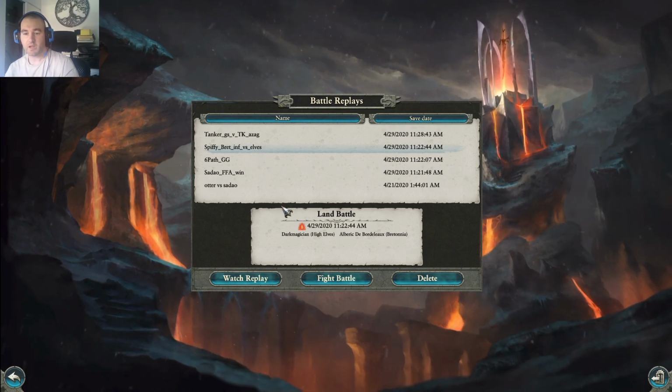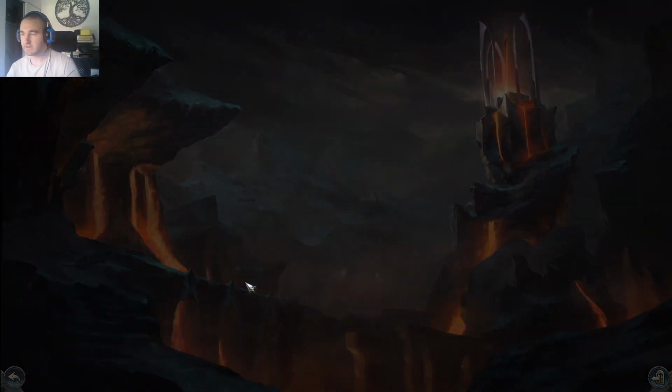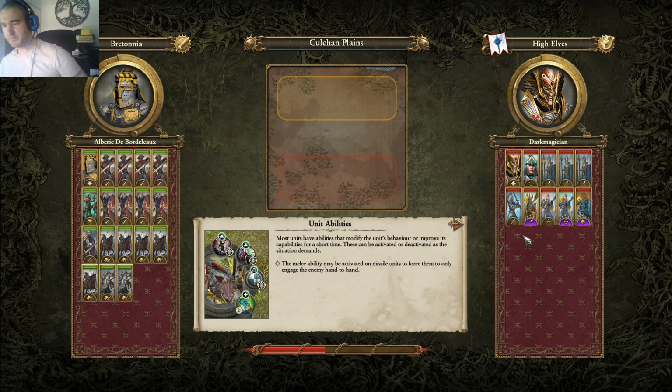Okay, so we got Spiffy up against Dark Magician playing the High Elves. Let's check that out. Dark Magician, very small army in general. Wow, only 10 unit cards. It's crazy. He's got Tyrion, Swordmasters, Phoenix Guard, 2 units of Sisters, Fireborn, 3 units of Spears, and